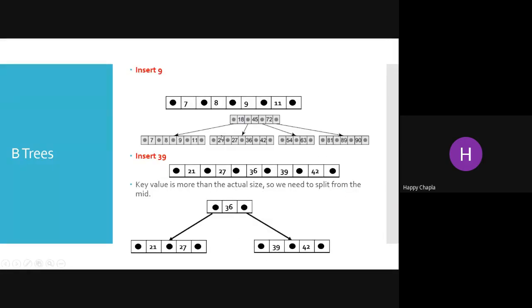If we are trying to delete 54, there is only one key value, that is 63. So what is the scenario? You can imagine a family tree. In a family tree, we have more than one sibling, and sometimes we don't have that item with us. So we are either borrowing from a sibling on the right, or maybe the left sibling. If that item is with the left sibling, it allows us to take this.